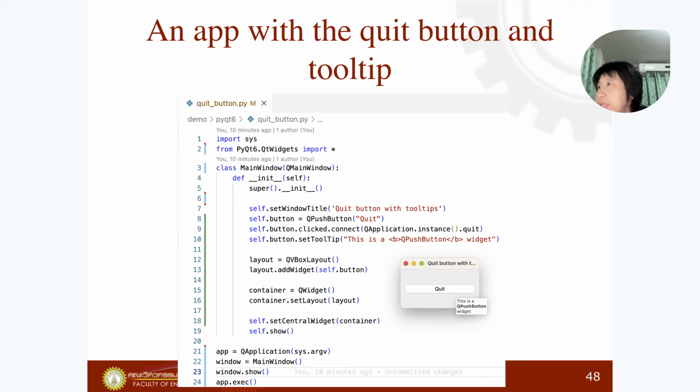And here we can also add an app with the quit button and tooltip. Here we can see that we can set a tooltip by calling the set tooltip method, and we can